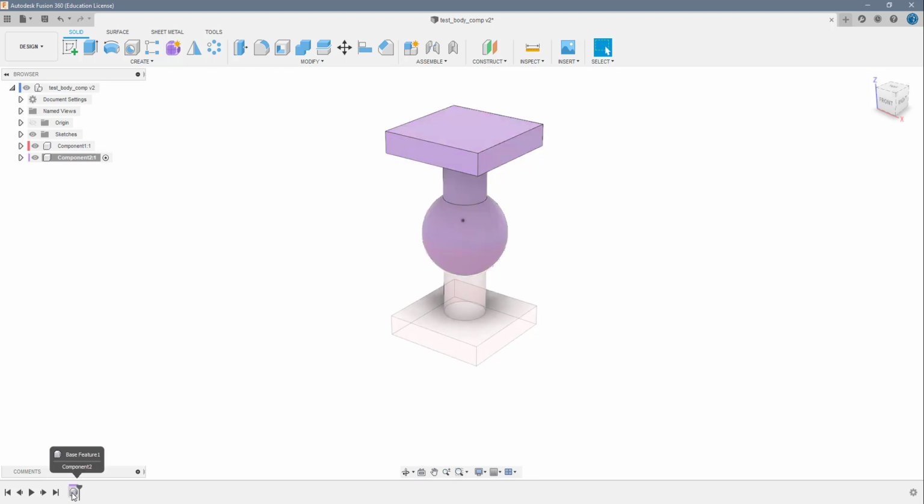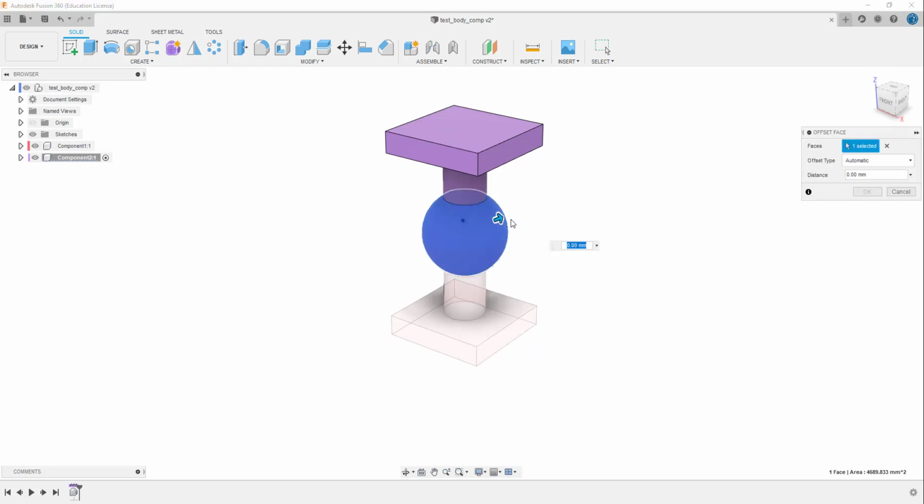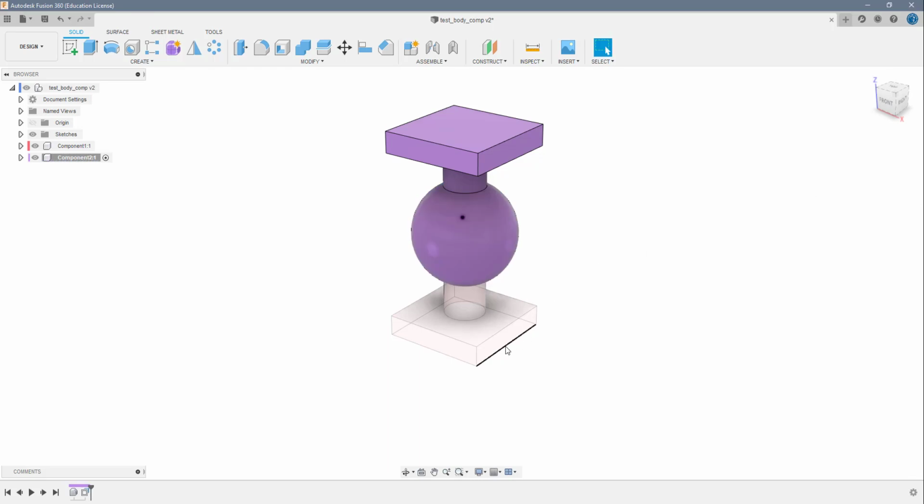Okay, so the first thing it's seen here is this is the base feature. So I want to make this ball bigger because we want to obviously have this as the socket. So if I select the sphere, right hand mouse button, hit press pull, I can start to drag that out, and we'll drag that out by, we'll make it 5mm bigger than the ball in